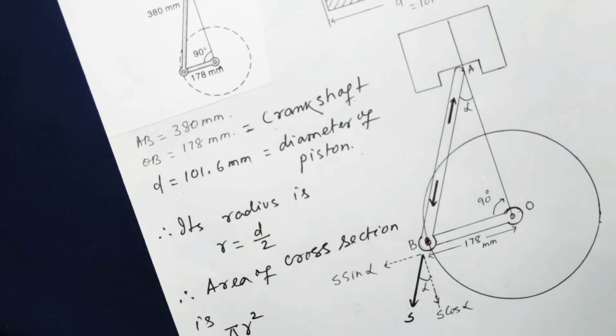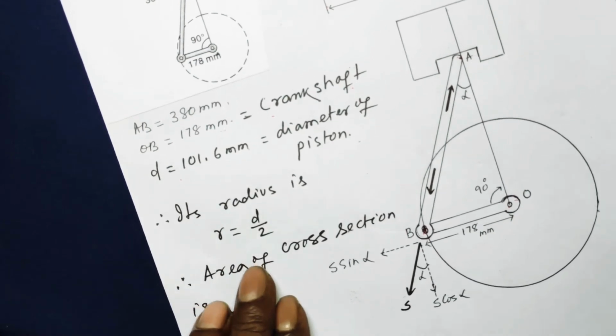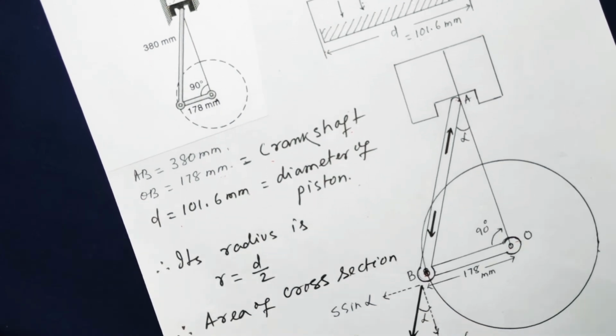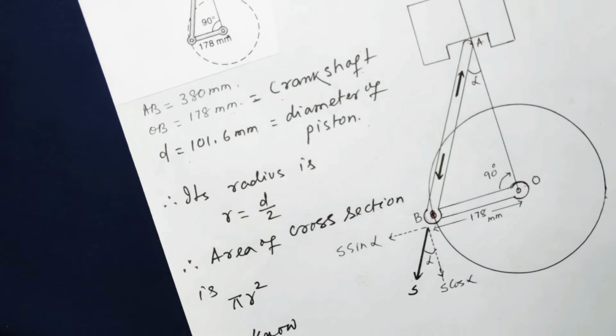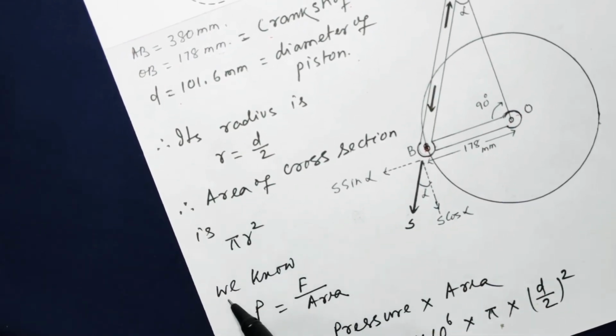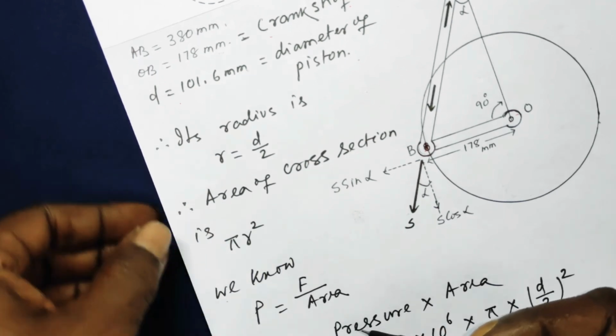So the radius will obviously be half of the diameter, so the radius is d by 2. So area of cross section for a circular one will be pi r square, and since we know pressure is equal to force exerted per unit area, force by area,